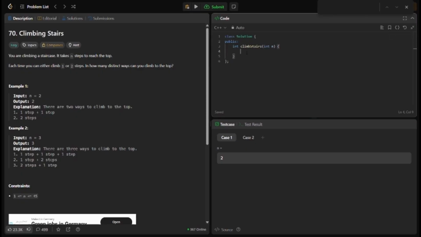Okay, now let's move to the coding part. By default, we have a class named Solution, and there's a function named climbStairs, which is of integer return type, and an argument n is passed, which is the total number of steps. So now inside the function,